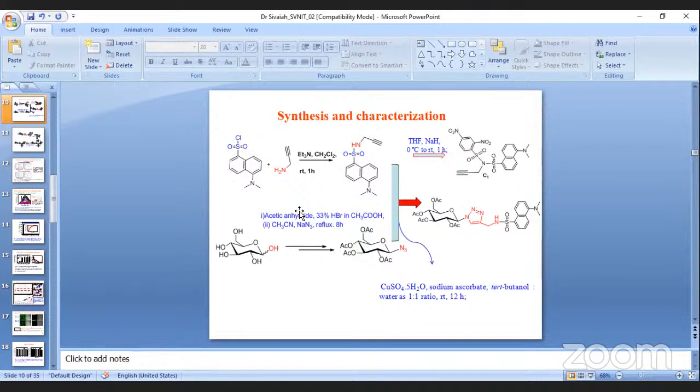groups, okay, by using acetic anhydride. After that, I used 33% HBr in acetic acid, so that will selectively do the substitution at the anomeric position, the C1 position. So that means the bromo derivative of glucose. All this is an in situ one-pot reaction. So that is why in the same reaction, without isolation, I have added